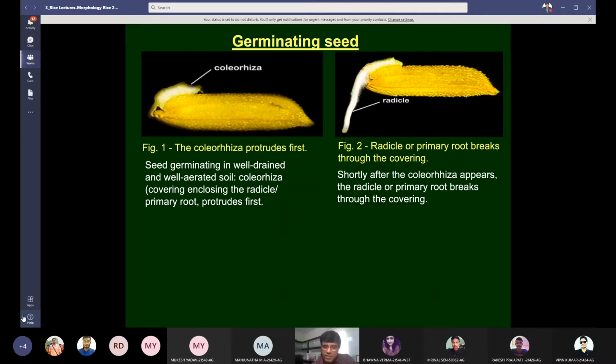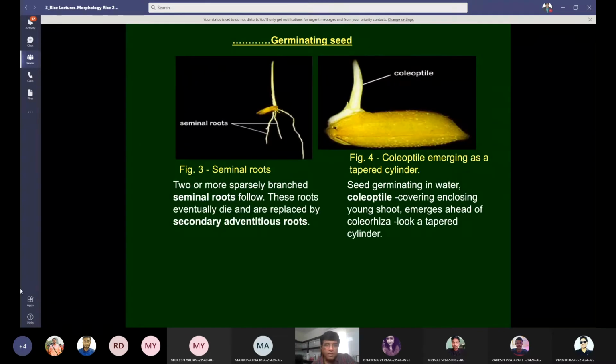This coleorrhiza will give us the radicle, the root part. Then two or more sparsely branched seminal roots will follow. These are very temporary roots, and they eventually die and are replaced by secondary adventitious roots.